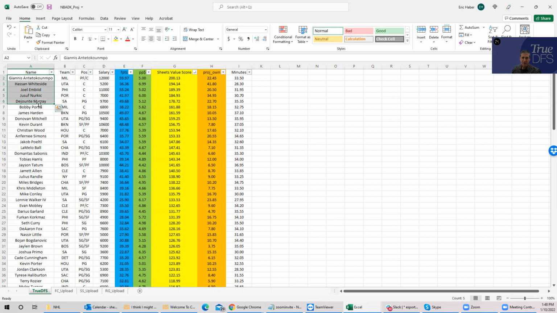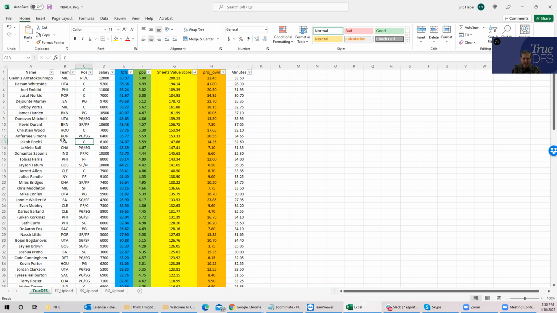So the first thing I would want to do is highlight DeJounte Murray as one of the better plays. One of the things I am going to continue to do, even though I'm not going game by game, is be cognizant of possible game stacks that could emerge from this. Sorry, I had to pause for just a second. So if I were going to fill in a lineup, I'd probably start with DeJounte Murray. But what I was going to say is that even though I'm not going game by game, I want to be cognizant of possible game stacks. So if there's somebody from the Knicks side or someone else from San Antonio, that would be really nice. And we're going to get to that in a minute.